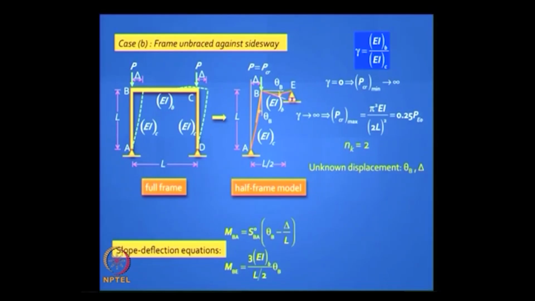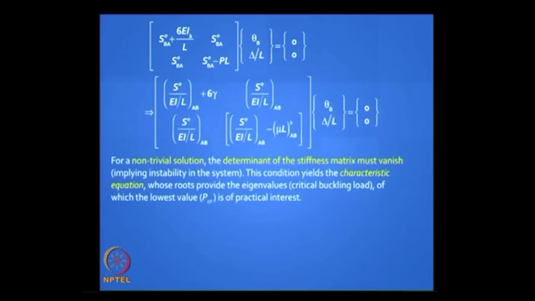We have learned how to do this, and if you write down the equilibrium equations, you have to have a sway degree of freedom, which we have done in this problem earlier in slope deflection method. So HA should be 0, you plug it all in, you get an equation like that. What should we do? We should write down the determinant as equal to 0,